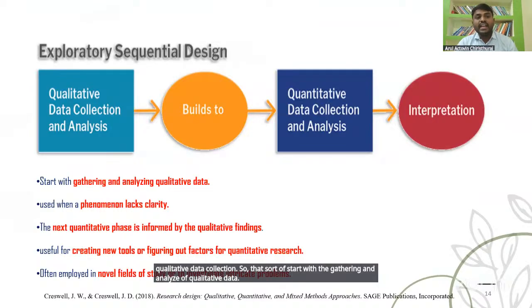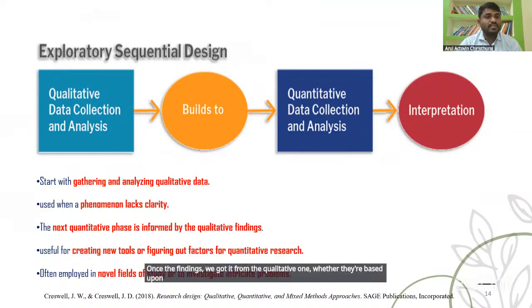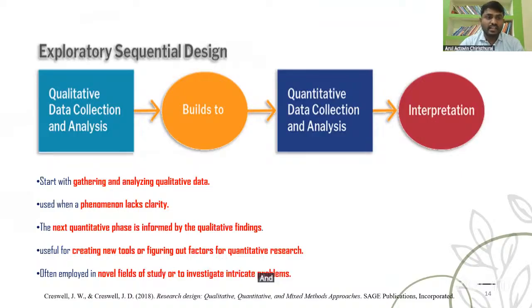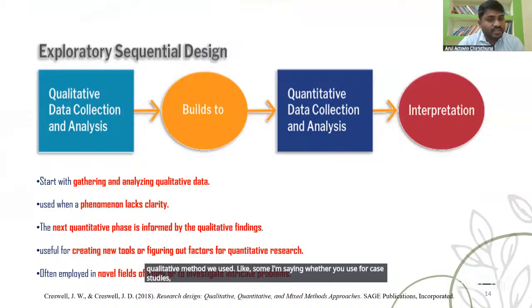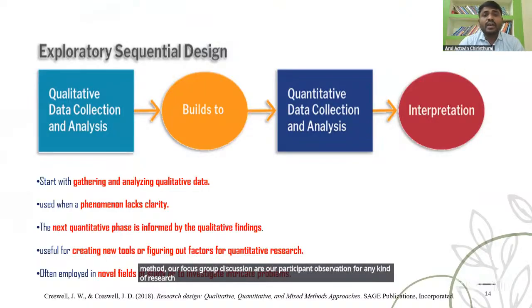Once we get the findings from the qualitative phase, whether they are based upon themes or grounded theory, with whatever qualitative method we used, for example a case study, focus group discussion or participant observation, we develop key findings from certain themes.